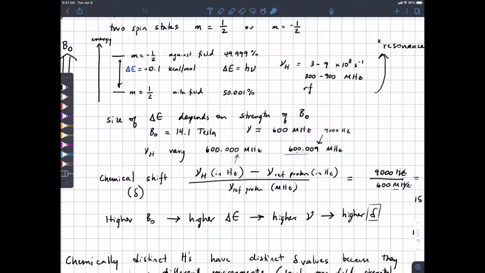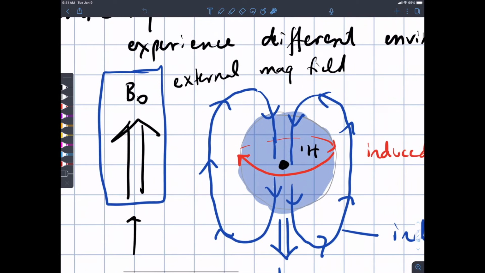So different protons, chemically distinct protons, have different chemical shift values because they experience different environments. We're going to talk about how the environment of a proton influences chemical shift. A good rule of thumb is the more electron-rich an area is where a proton is, the lower its chemical shift is going to be. The reason for that is that,